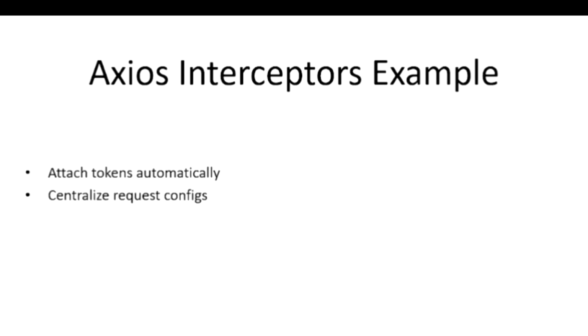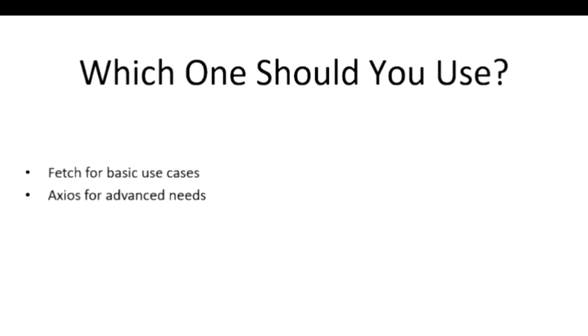Now, final recommendation. To wrap it up, if you think your project is very small and you need a simple tool with no extra dependencies, you should be using Fetch. And if you think your project is going to be bigger in size and you need advanced features, cleaner syntax and better scalability, always go with Axios. There is no wrong choice, just the right fit for your project.